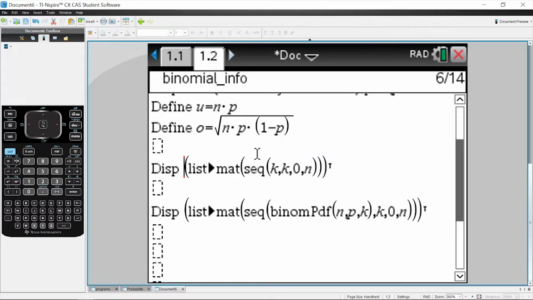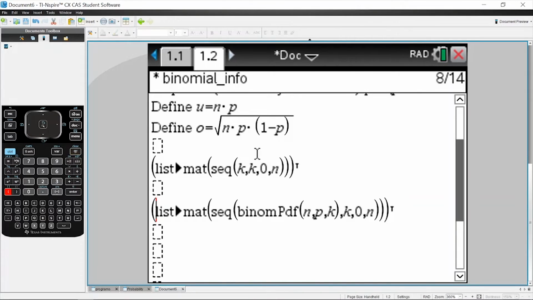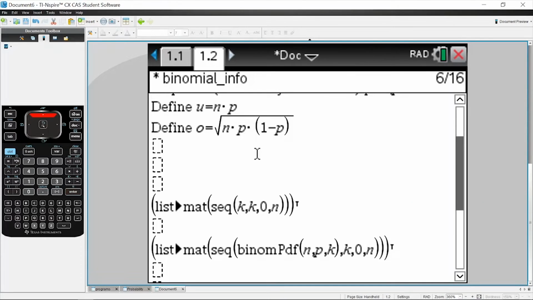These two expressions right here are two matrices. Let's not display them anymore, let's just leave them as matrices. What we're going to be doing is using the augment command. So augment, like so. The augment works like this: we have two inputs, one matrix and another matrix, and the augment just combines them together as long as their dimensions are the same,